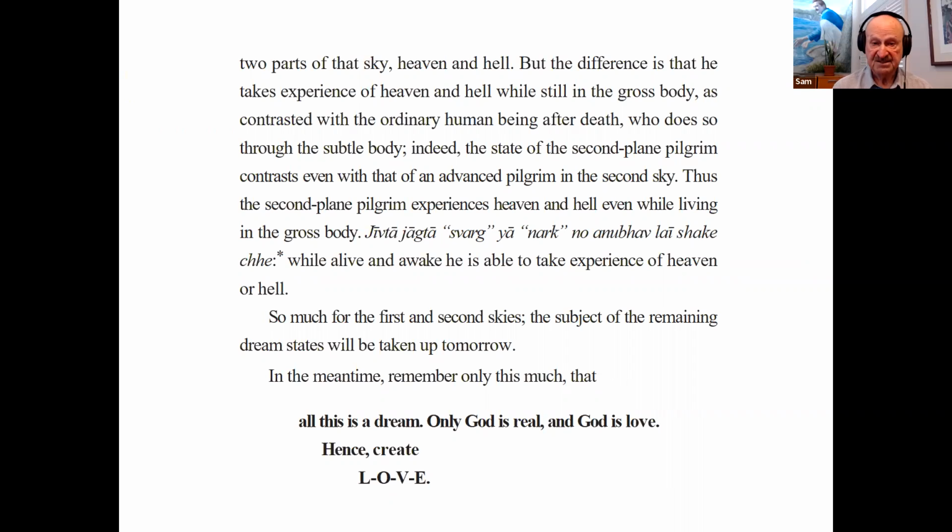Indeed, the state of the second plane pilgrim contrasts even with that of an advanced pilgrim in the second sky. Thus, the second plane pilgrim